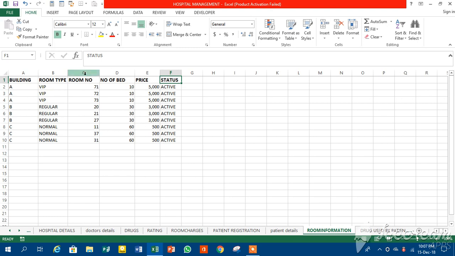We also have this column of the room numbers. Each and every room has a room number, that is from room number 71 all the way to the room number 31. And also in these rooms, the rooms have beds, and